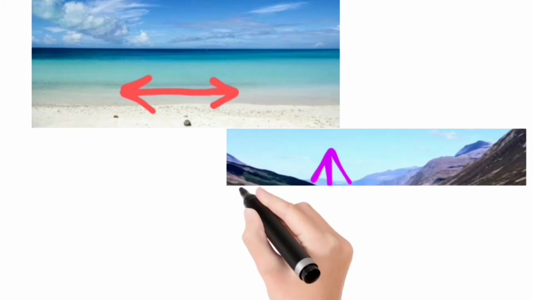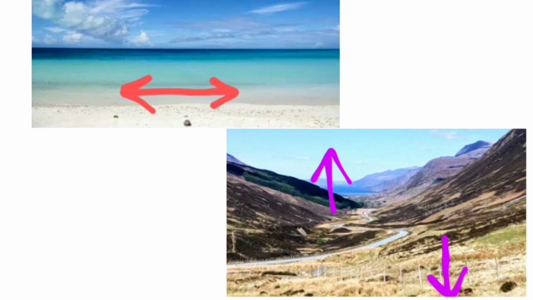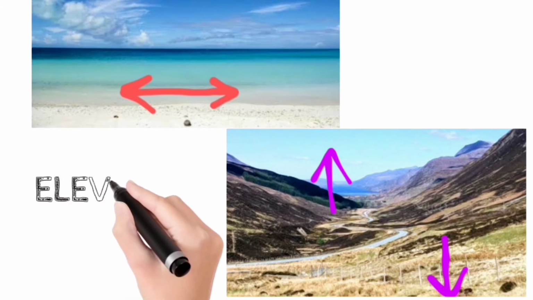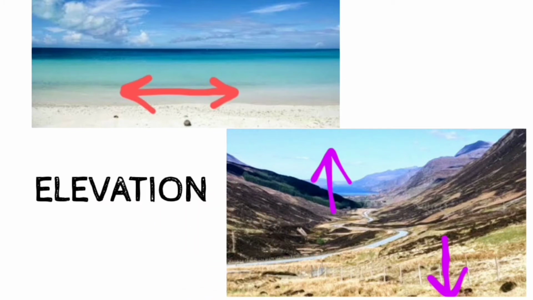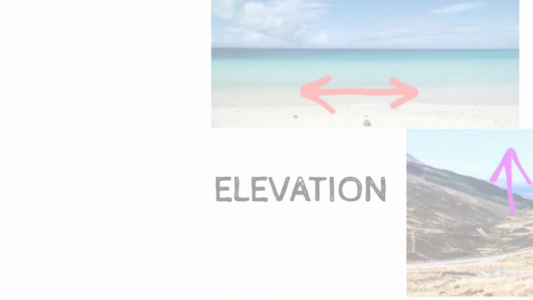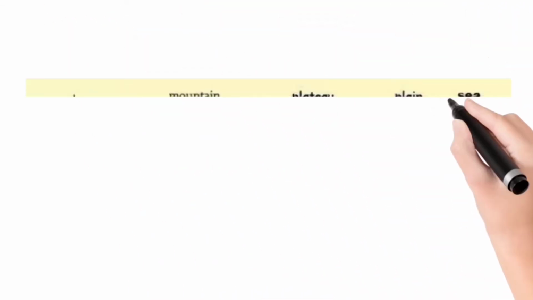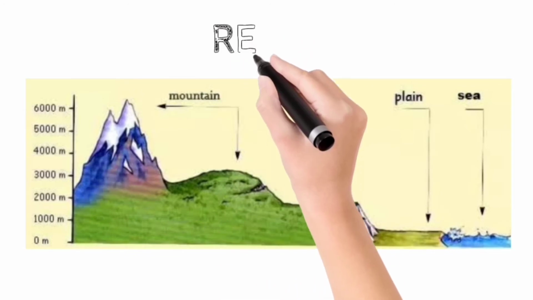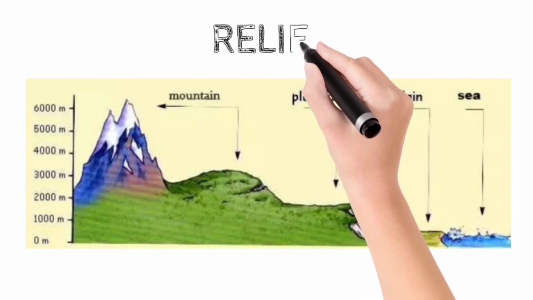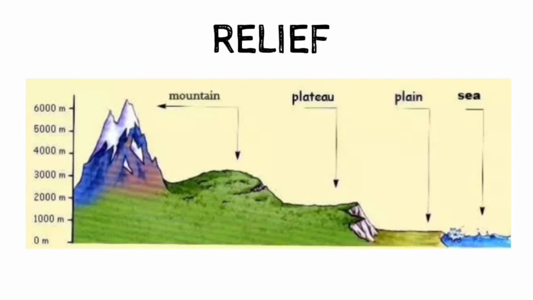Elevation is the height of the earth's surface above or below the sea level. Again, I am repeating, elevation is the height of the earth's surface above or below the sea level. And relief is the variation of elevation from one place to another. It means the differential elevations of the land surface are actually the relief features of the land surface, which include